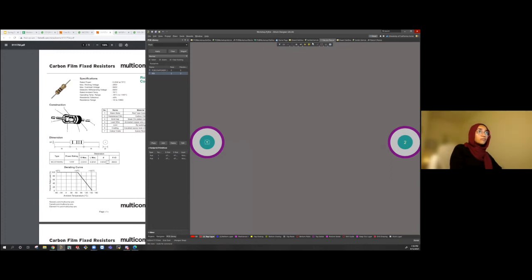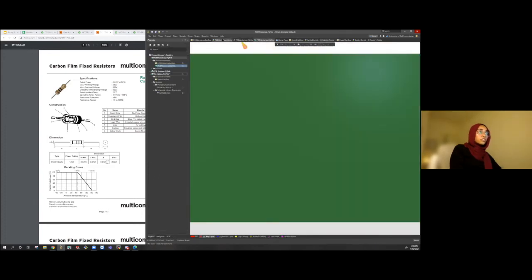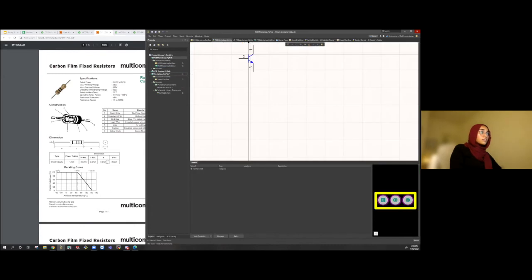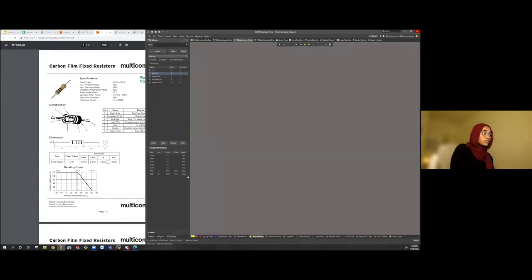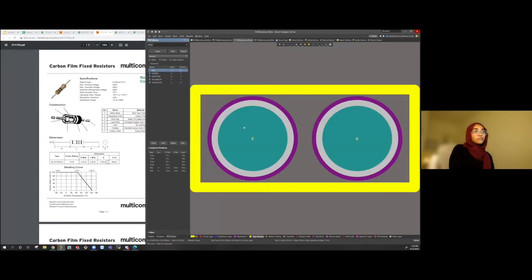And so I actually made the footprints for the other designs a couple days ago that I can show you guys. But the process is the same. You just look at the dimensions based on the data sheet. Another thing I forgot to mention is that if you don't want to use a footprint wizard,